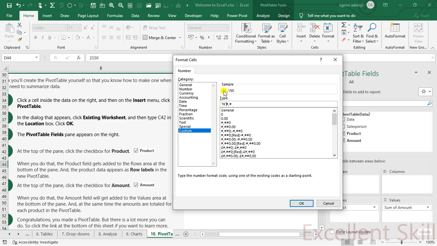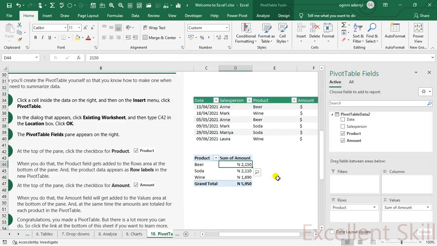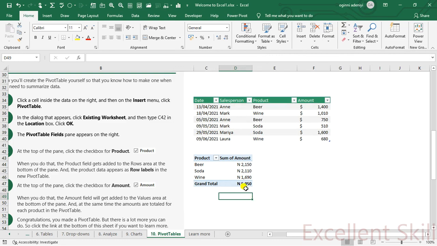With that, you can see it immediately. If you want a space between, put your space. If you don't want it, remove the space. Then just okay, then come back here, okay. You can see it. Now it's in Naira.